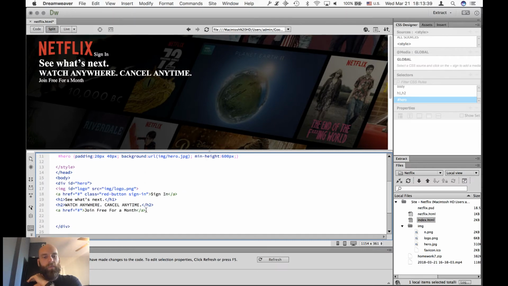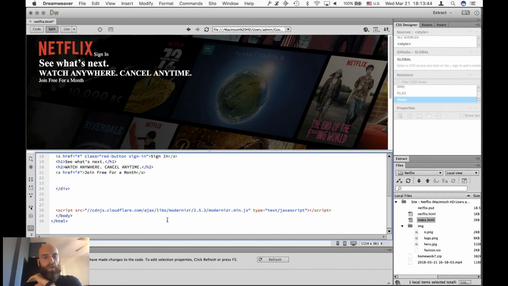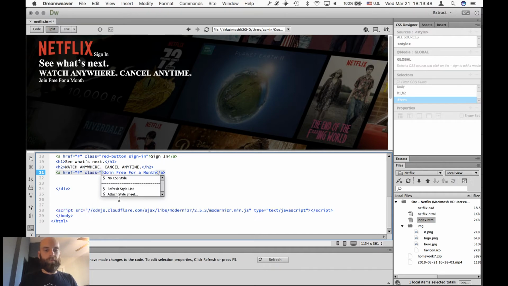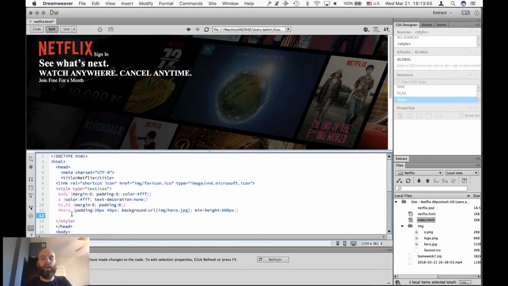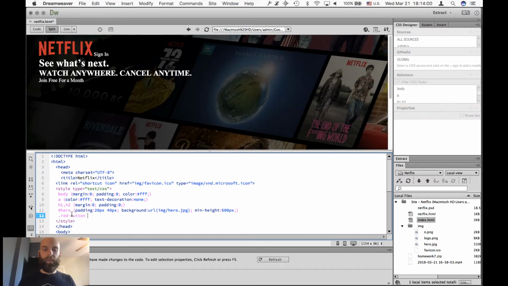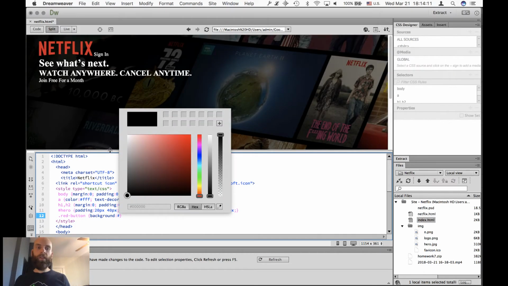So I'm actually going to give this a class of red button. All right, so now I'm going to create a style for red button, dot red button, and I'm going to set some rules. So I want the background to be a certain color. I want it to be that red. And the way I find out that red is